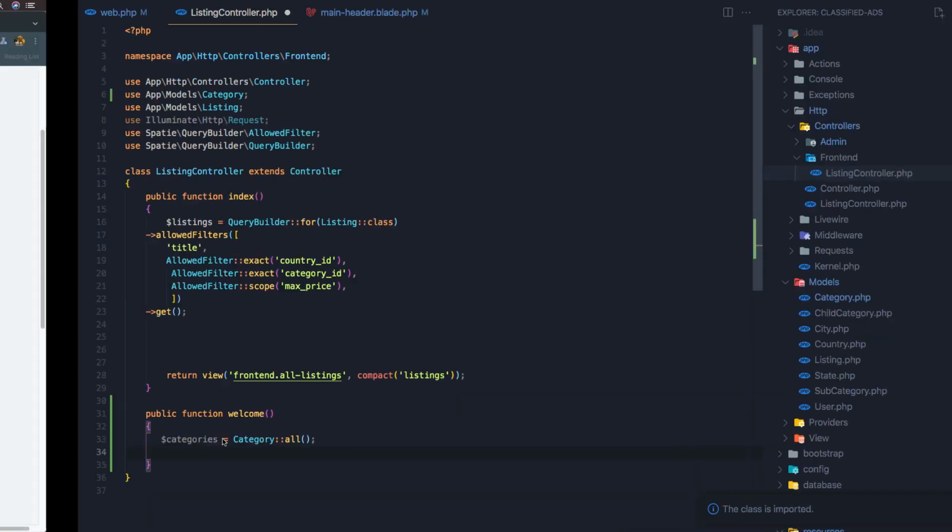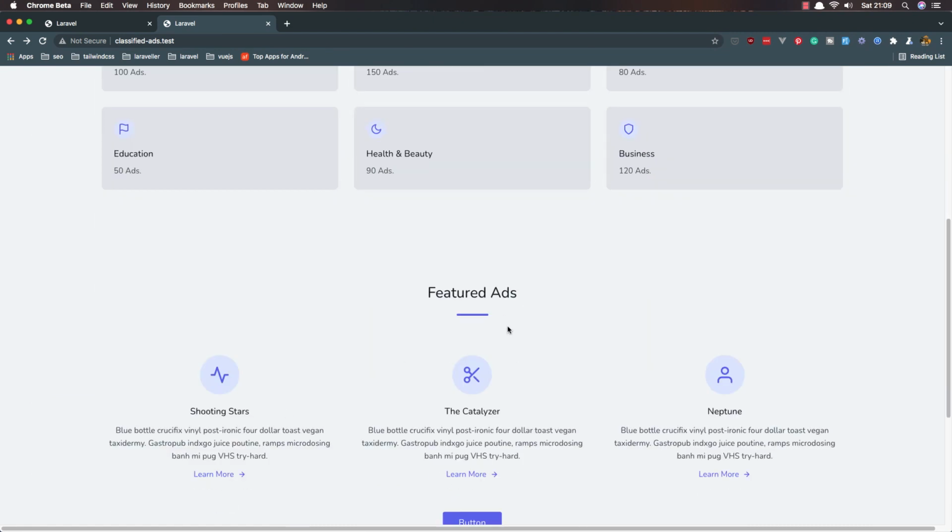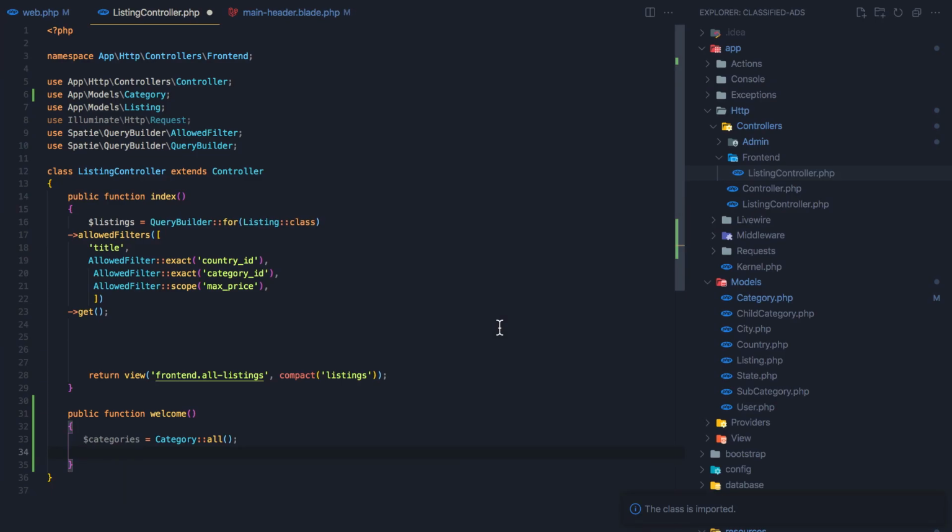And also what we need is the feature ads here. So it's going to be Listing,